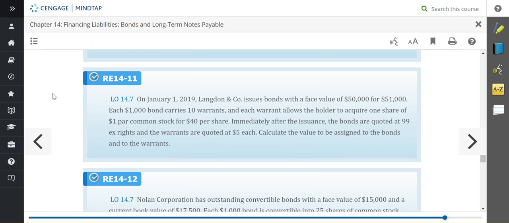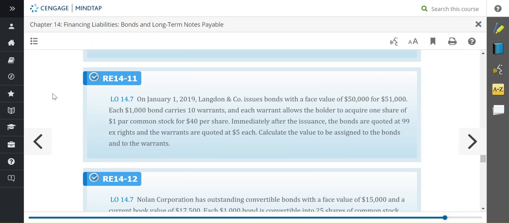Immediately after the issuance, the bonds are quoted at 99 X rights, meaning excluding those warrant rights, and the warrants by themselves are quoted at $5 each. So they want us to calculate the value to be assigned to the bonds and the value to be assigned to the warrants. The reason why we need to allocate out that $51,000 selling price between the bond value and